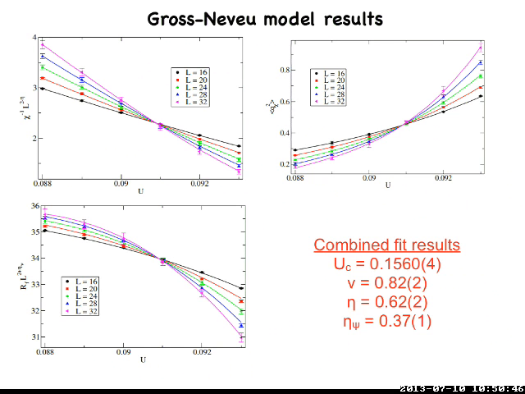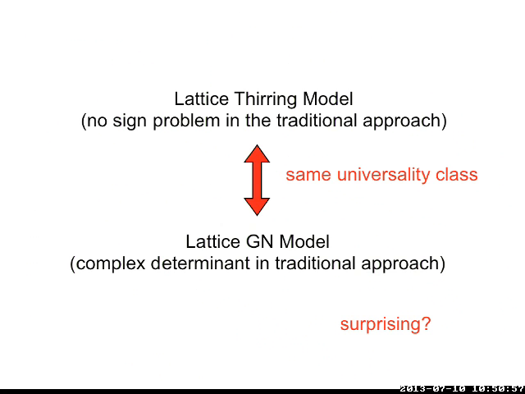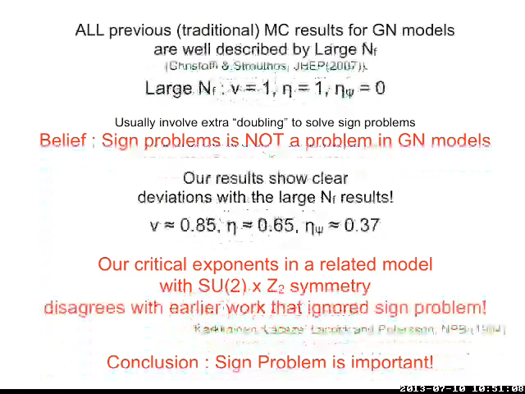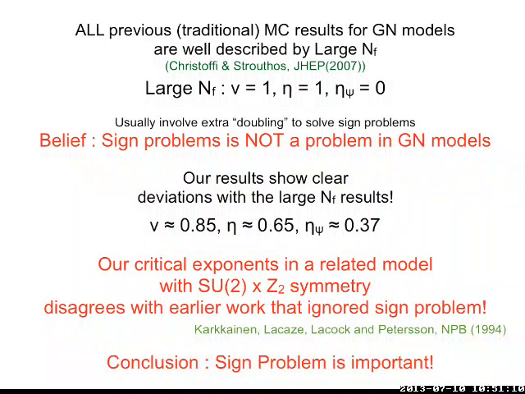And so here is the first example where in a fermionic system, two completely different models which were thought to be in different universality classes are actually in the same universality class. I would say that the fact that these two are similar is surprising because of the previous work. These authors have done a lot of calculations with these doubled fermions where they could solve the sign problem, and they all get answers very close to the critical point.